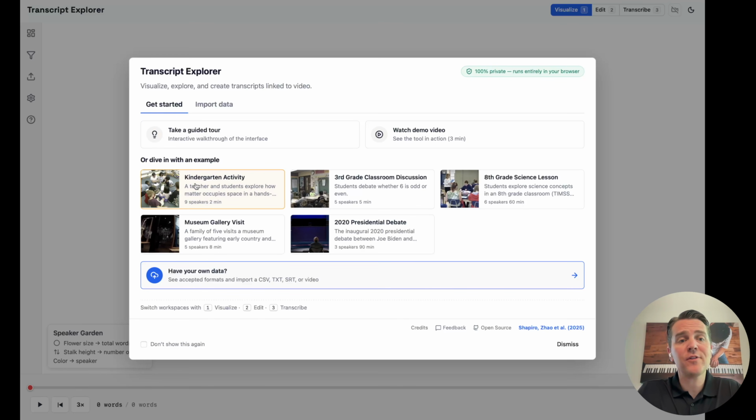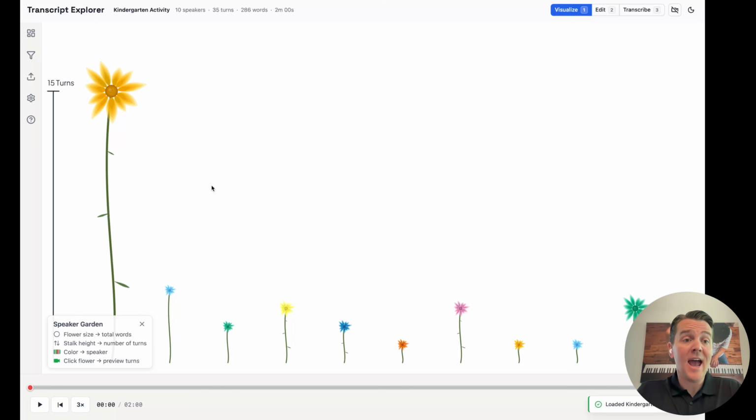I'm going to select the first sample data set, which is a transcript and a video of a 2-minute kindergarten activity. I'm going to go ahead and click it, and we'll see a visualization. This tool provides currently 10 different visualization techniques to look at transcripts linked to video. This is the first one, called a speaker garden. You get a little key down here that shows you how to read it, but what we are seeing now